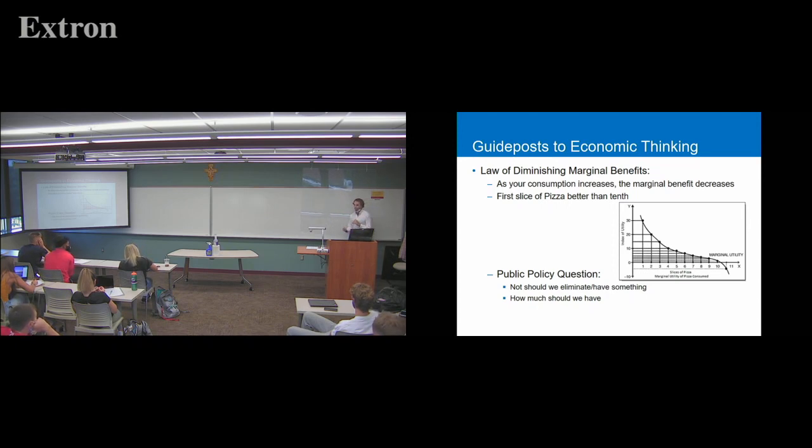So when we're looking at public policy, say, pollution, or education, or crime, it's not whether we should eliminate something or whether we should have something. The question should be, how much should we have? Eventually, as you get more and more of something, you're going to decrease the marginal benefits. It's even going to go negative. So these aren't all or nothing choices. Remember, we're thinking on the margin, so should we have more of something or less of something?